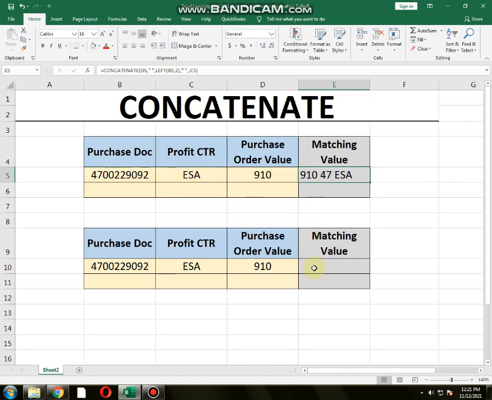How to do it? We use a formula here. It is our example: purchase document, profit control, purchase order value. First we need the purchase order value, then the starting two digits of the purchase document number and profit control. We just do equal to